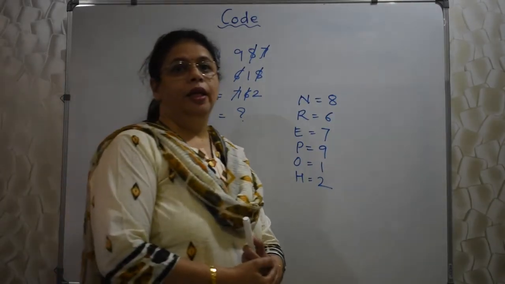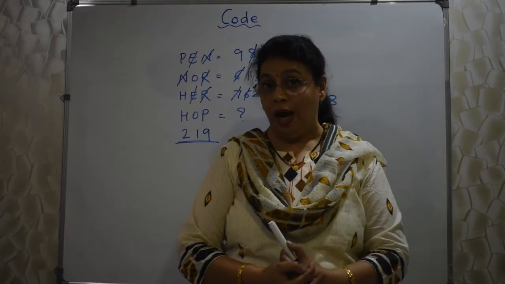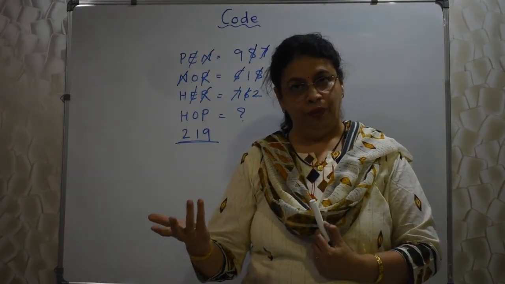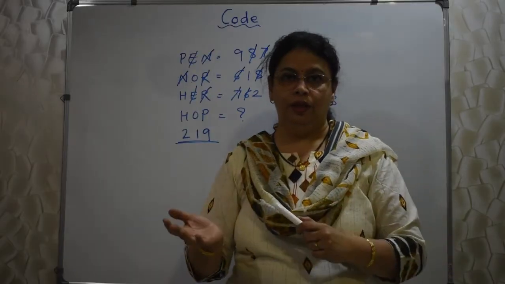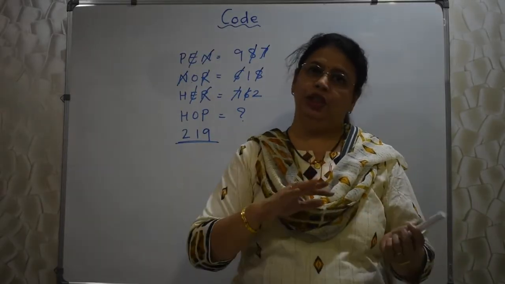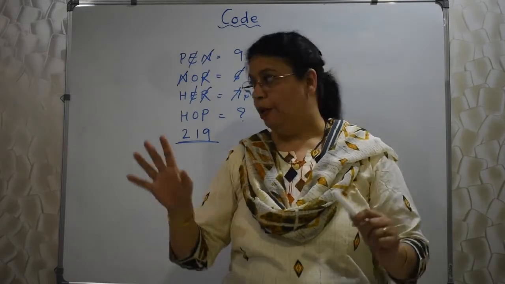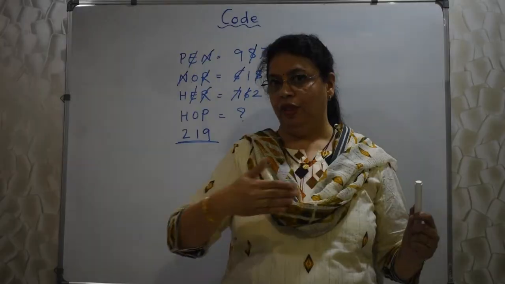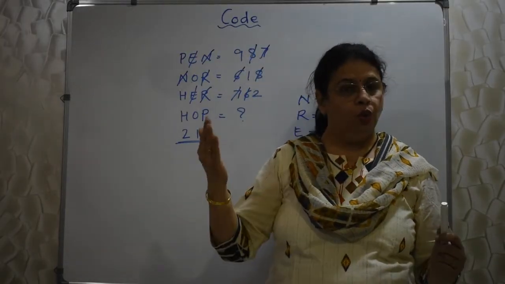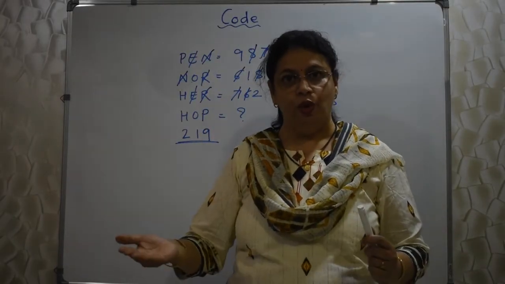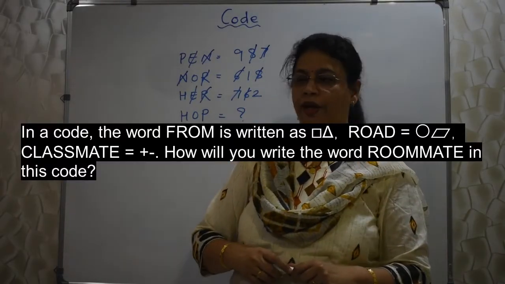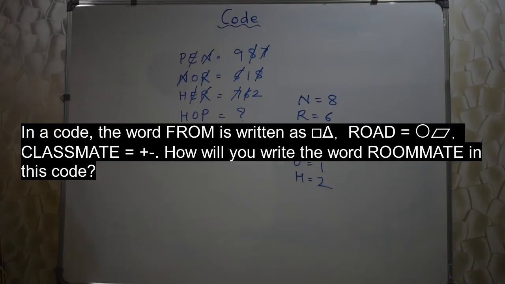Students, now we are going to start the third type, that is symbols for letters. See, even though it is letters for letters, symbols for letters, digits for letters, the method is going to be the same. We have to find the common ones like this. Most of the things are going to be like what we have discussed so far. The other two, which I will cover in my next video, are a bit different, so I am making a different video for it.